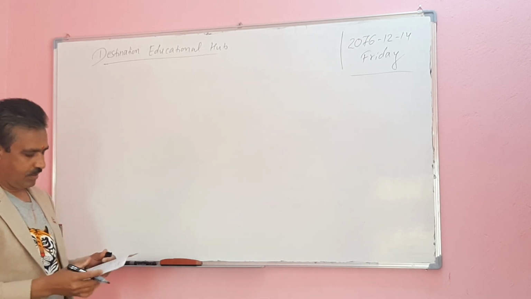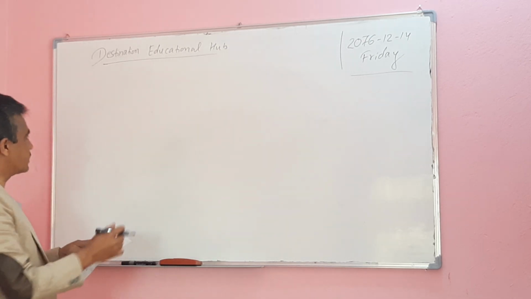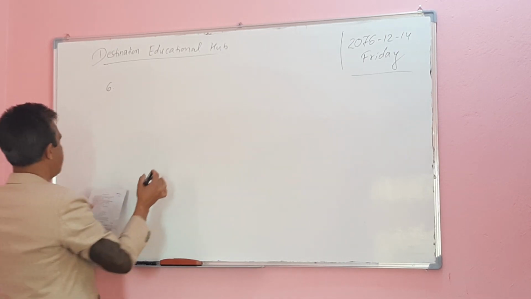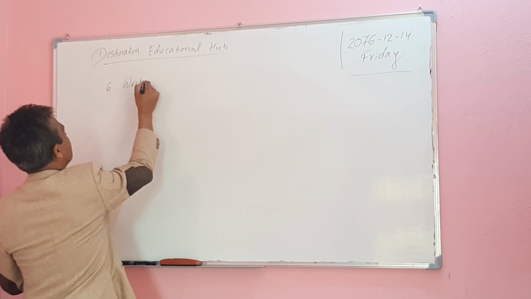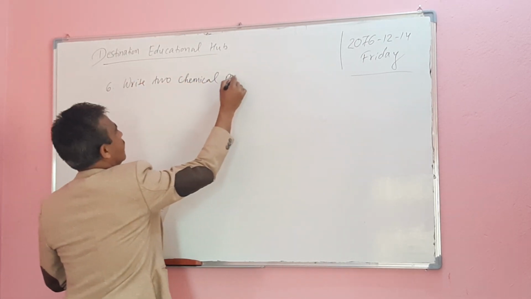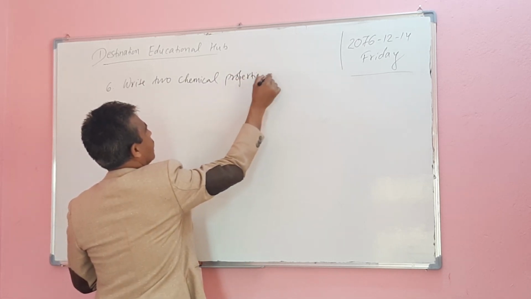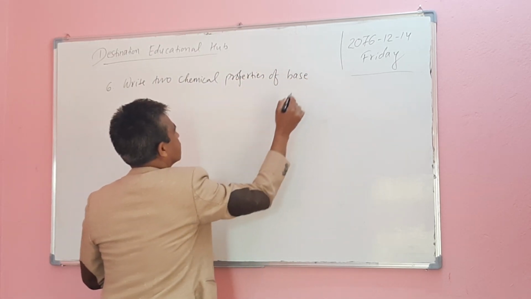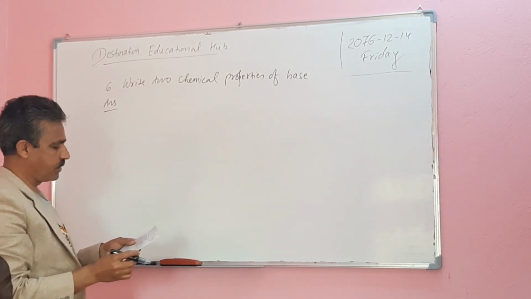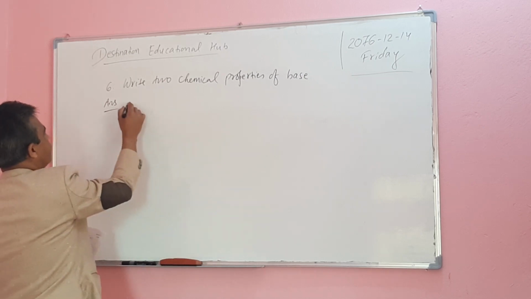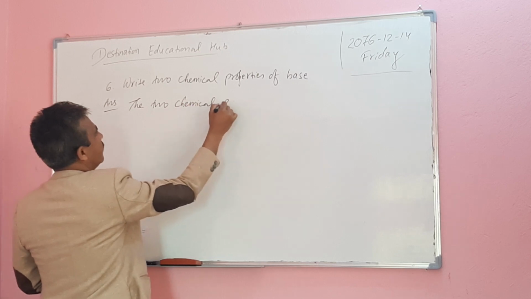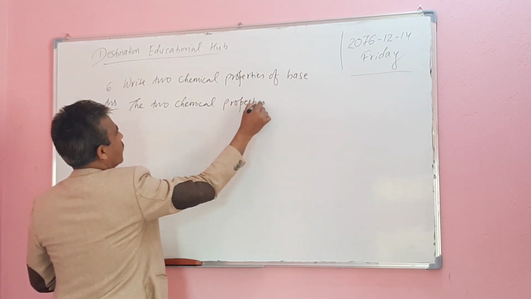Okay, question number 6. Write 2 chemical properties of base. Okay, answer. You know what are the 2 chemical properties of base? We write here the 2 chemical properties of base are: